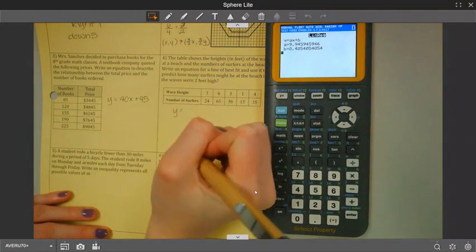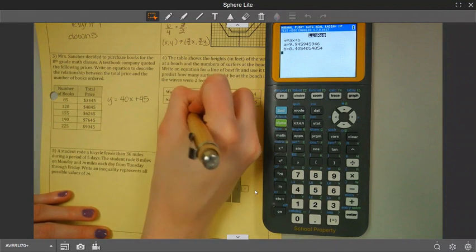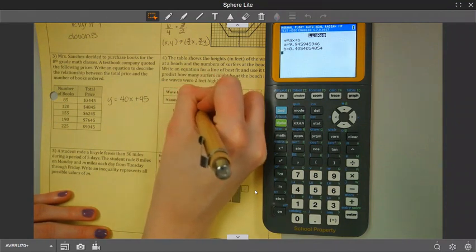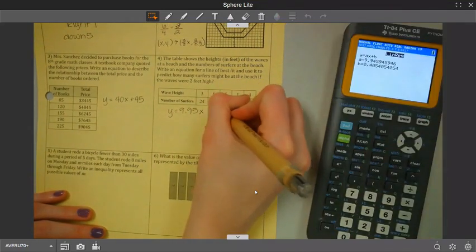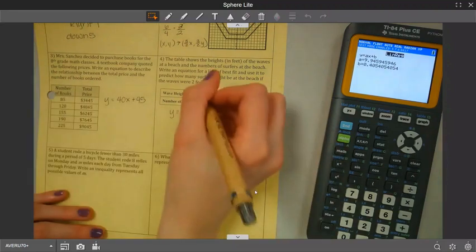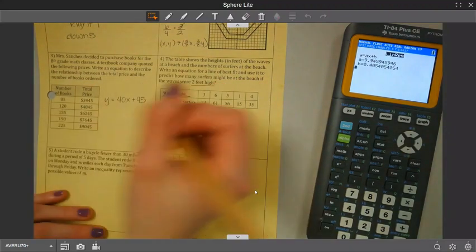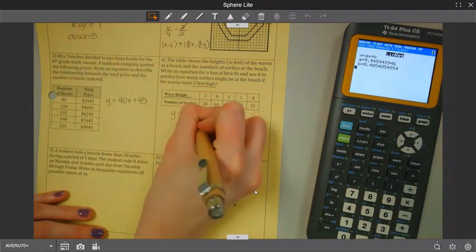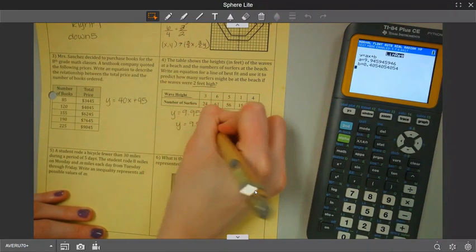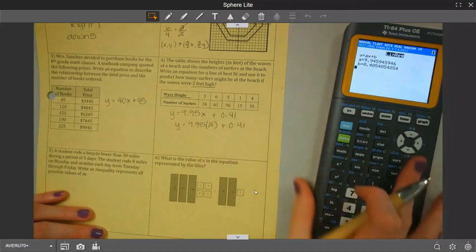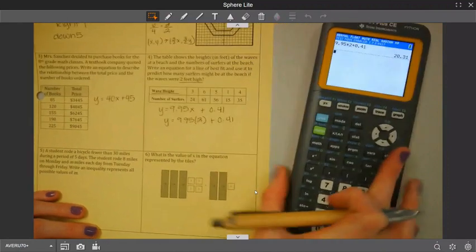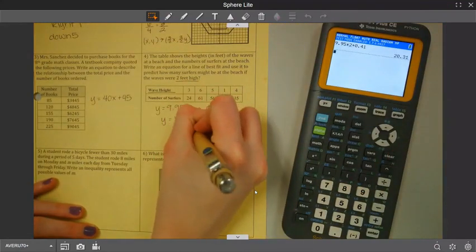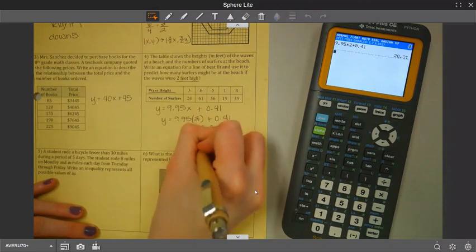Now this time I'm going to round to the hundredths place. So I'm going to say y equals 9.95 times x plus 0.41. Okay, and I asked if the waves were 2 feet high. Well, waves is an x value, so I'm going to go ahead and plug in 2 for x. So I'm going to say 9.95 times 2 plus 0.41. And I can just put that in the calculator. And I get 20.31. Now, since we're talking about people, I'm going to go ahead and round that to 20